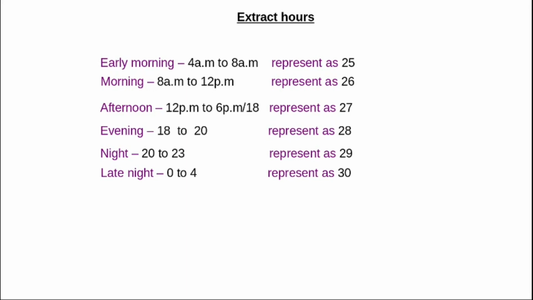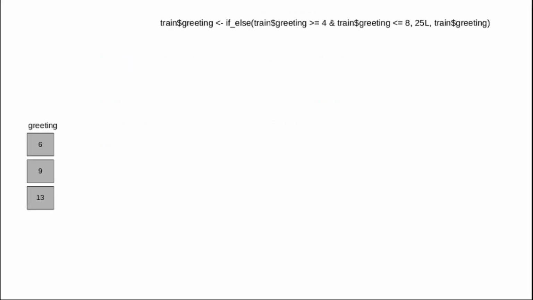By doing that we can see the correlation with different variables, like passenger count and any other variable, and it is easy to analyze. To do that, I am creating a column greeting. Greeting is nothing, just a column which has hours information like 6 a.m., 9 a.m. and 13. I keep the name greeting because you wake up in the morning and you say good morning to somebody, that's why I am naming it greeting. Nothing else, no logic here.